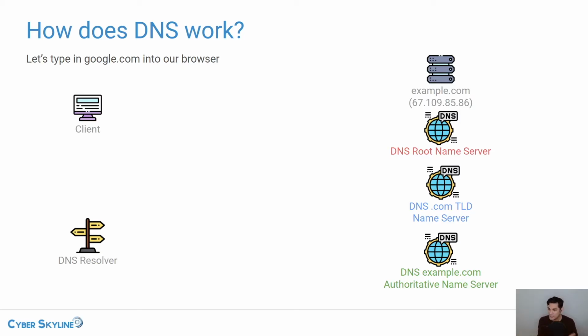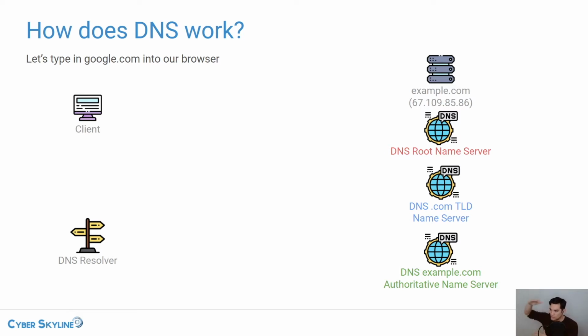And so the .com TLD name server can tell any request coming in, if I'm trying to go to example.com, okay, all requests for example.com need to go to that third option, the example.com authoritative name server. Everyone's just passing the buck until finally you get to example.com's name server, and then it will be able to give you all the information about example.com. If there is a subdomain like mail.example.com, it will have that information. Maybe there's a www.example.com. All of those entries are being stored on the example.com authoritative name server.